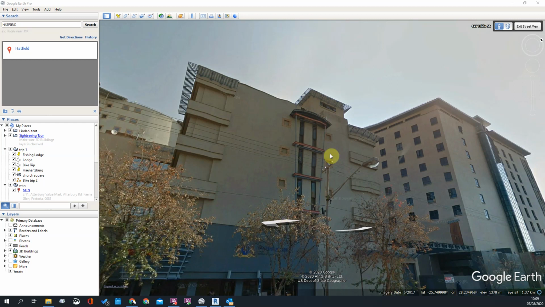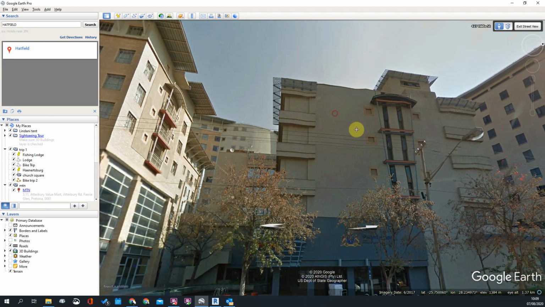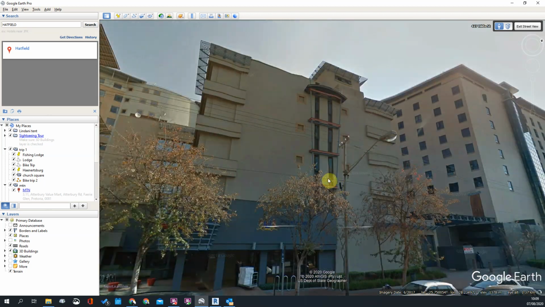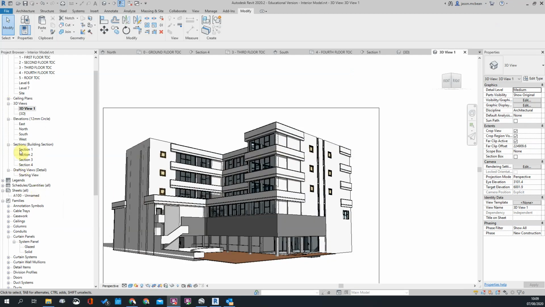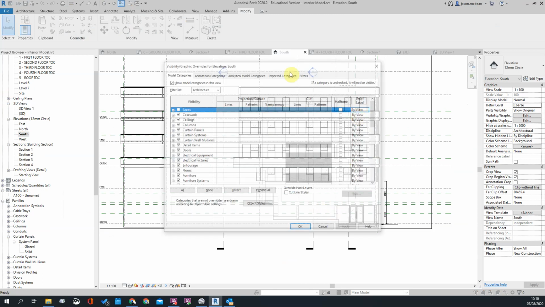In this video, I'm going to cover how we would make this facade detail and these objects on the side. The first place I would start, I'll save this for a second, but I'm going to make this first. So if I go back to my drawing, go to south elevation, for example, I bring VG and I bring back on my